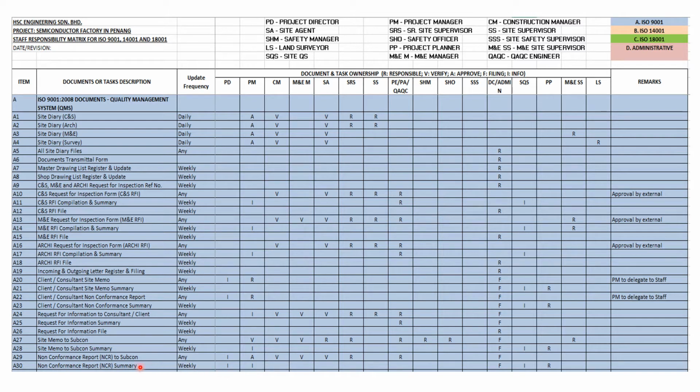Any NCR issued to a subcontractor: the person responsible for issuing the NCR, the non-conformance report, is the project engineer, project architect, or the QA/QC engineer, along with the senior site supervisor. It will be verified by the site agent, M&E manager, or the construction manager before it is approved by the project manager and given to the document controller to issue to the